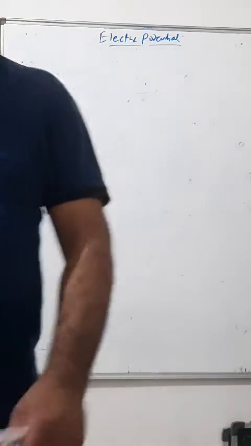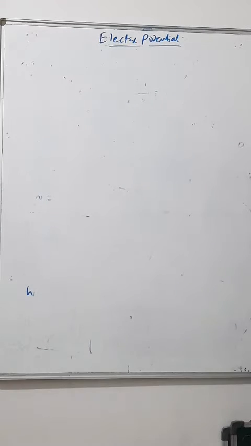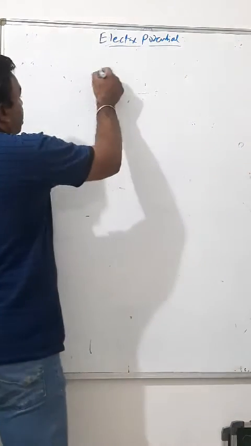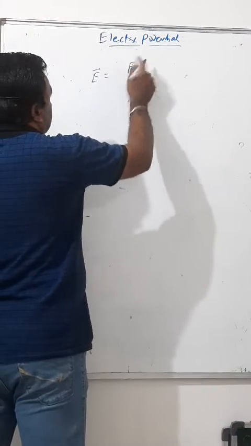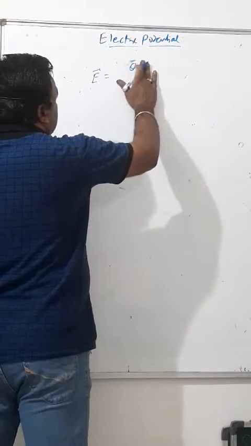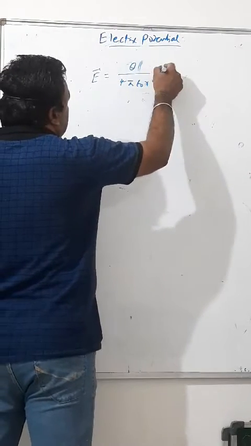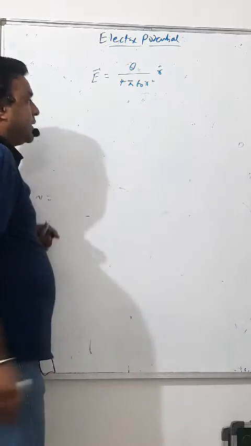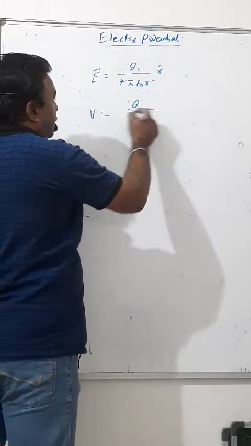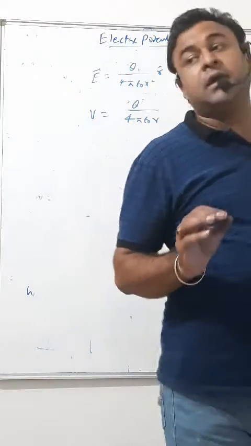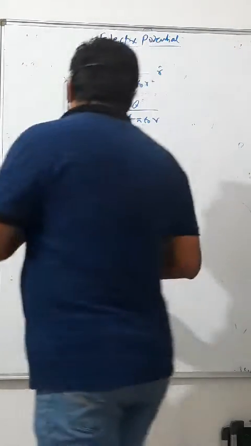There is another important point, the relation between E and V. Look, E is defined as Q upon 4 pi epsilon r square r cap, and at the same time V is defined as Q by 4 pi epsilon r. As I discussed,